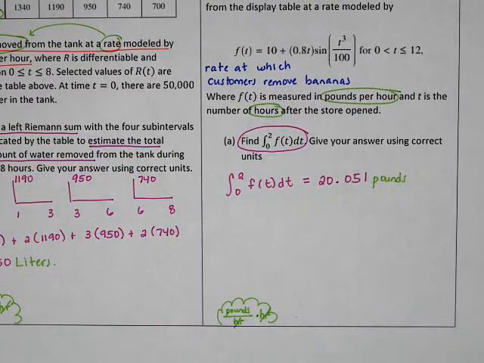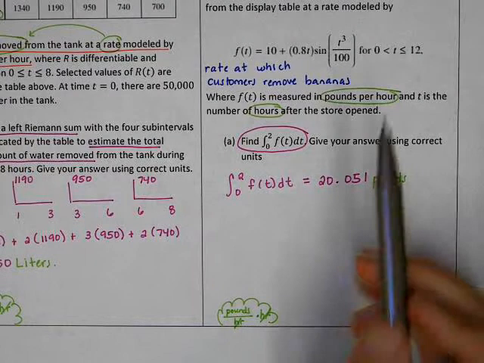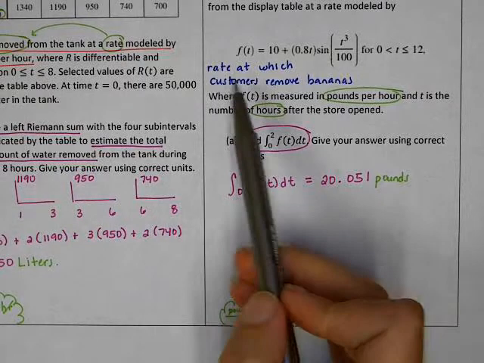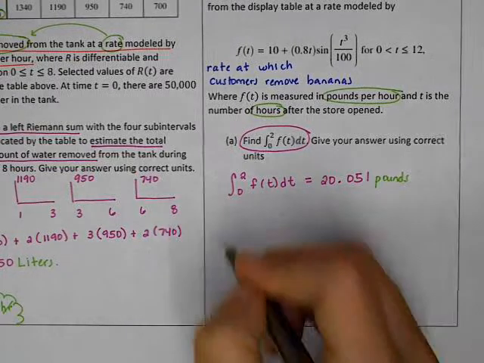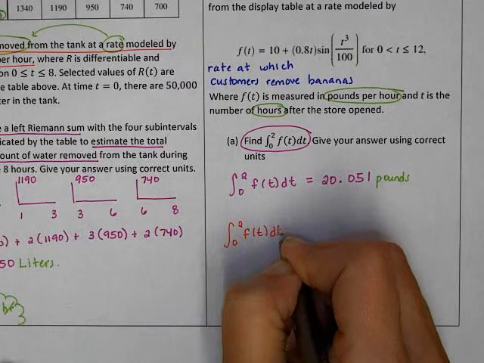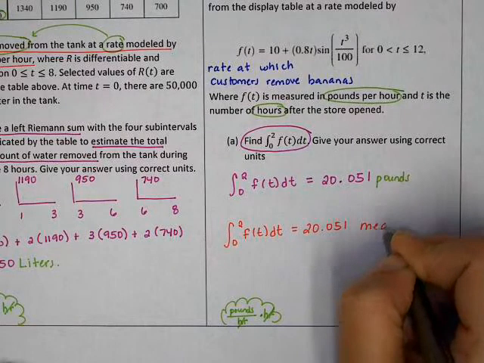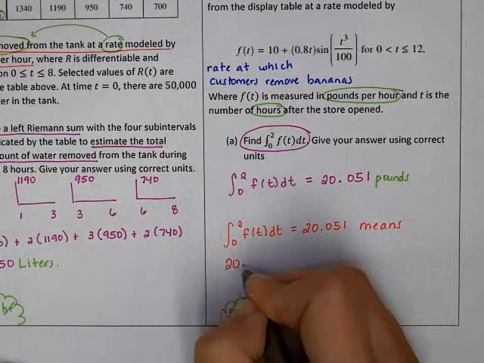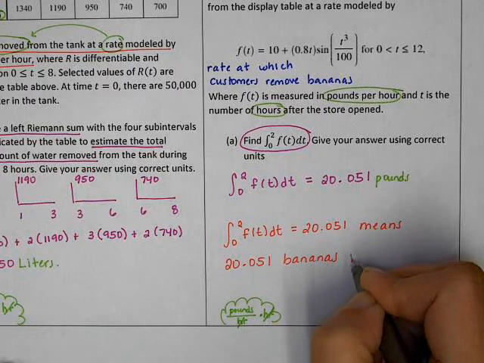Now, although it doesn't say it here, I want to show you how you could interpret this answer. What you would say when you interpret this answer is the same three components. What did we measure? What does it mean? What are the units? If you integrate pounds per hour and you get pounds, then instead of getting the rate at which customers removed bananas, you're getting how many bananas were removed. So the integral from 0 to 2, f of t dt equals 20.051 means 20.051 pounds of bananas were removed